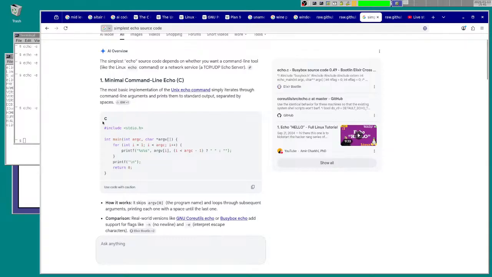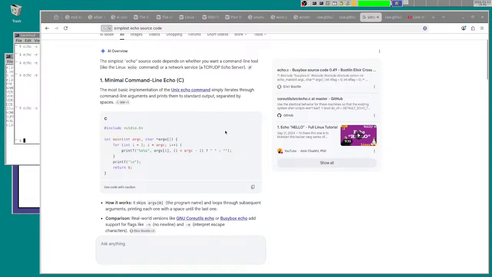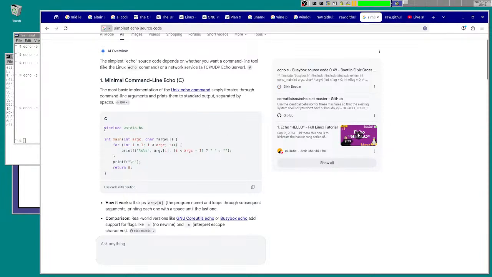An operating system might even have the C programming language and not have this. In C, we're including STDIO, standard input output.